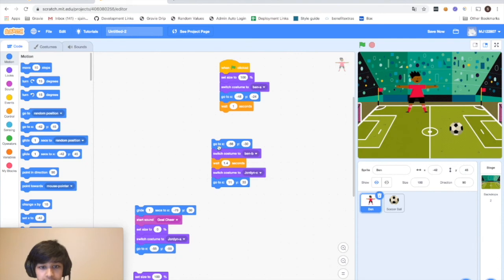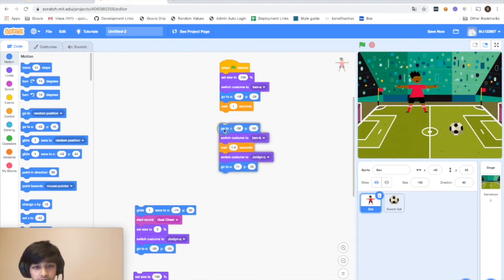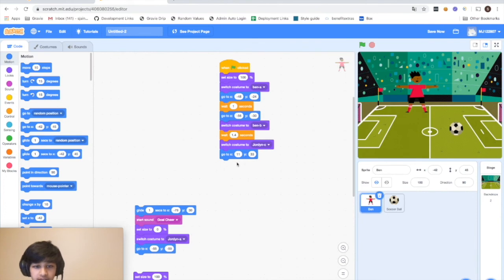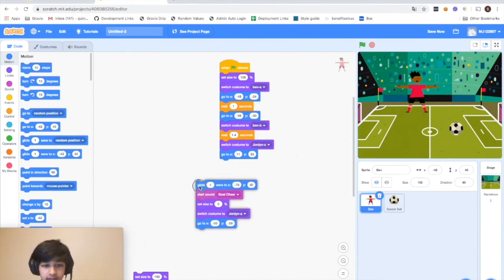Then get another go to XY button, and the coordinates are -56 and -30. And in looks, get a switch costume to Ben B because that's the one where he's gonna be kicking. And it's gonna wait 1.4 seconds, and the costume's gonna switch to Jordan C, and she's gonna be at 11, 33. So you're gonna need the go to XY button for the last one. Then it's gonna need a glide to X -79 Y 30, and this is optional, but you can add the